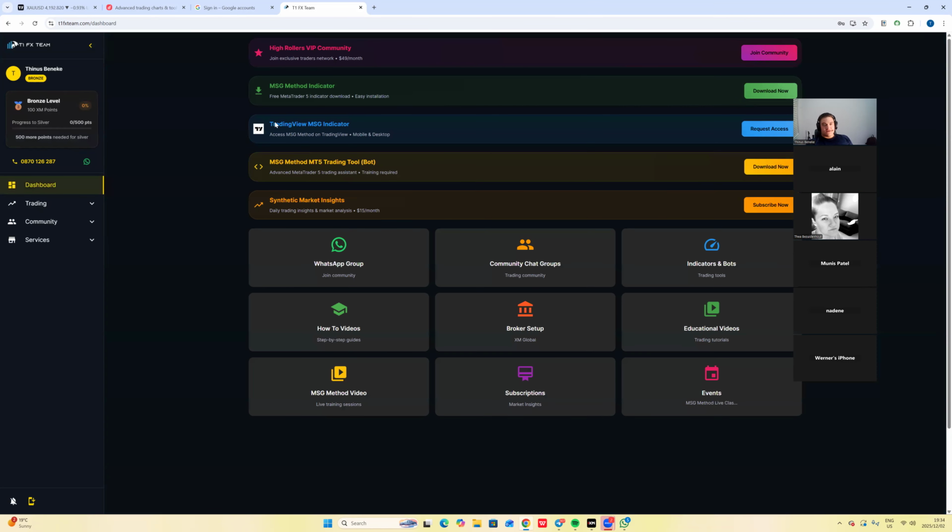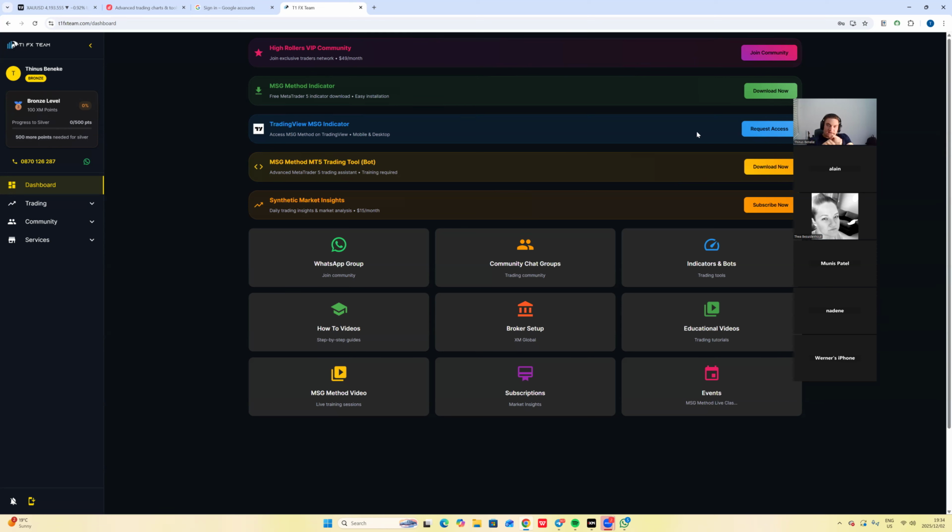Now, this is important. Here's the TradingView MSG indicator. Basically, the Lego indicator, because the Lego method also has the MSG indicator in it. It's one thing, and you can trade 5 times a day with it. Here you can say request access, but before you can do that, you need to be affiliated.